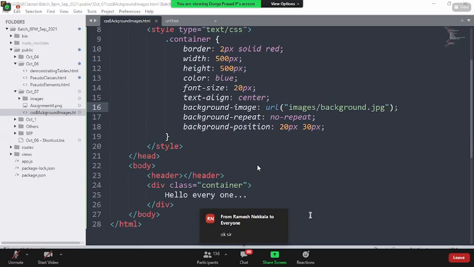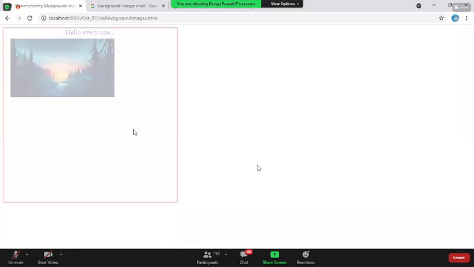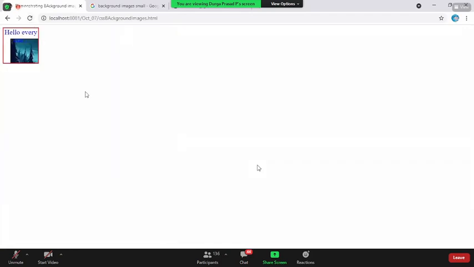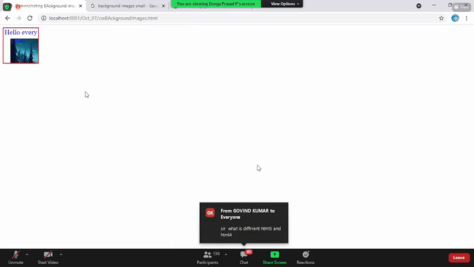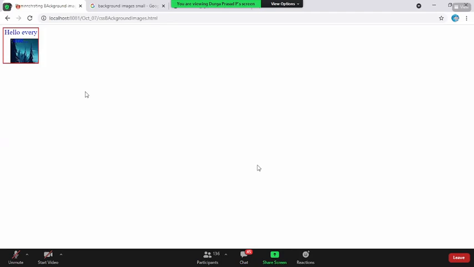Sir, what if the image size is bigger than the container? Will it shrink or not? That I have shown you. Say, for example, the image size is bigger. Your question is whether it is shrinking or not. So now if you refresh, is it shrinking, or only showing a particular part? The image never gets shrunk when you use it as a background image. It doesn't become a smaller image. But if it is an image used directly, when you minimize the container, it will automatically shrink.